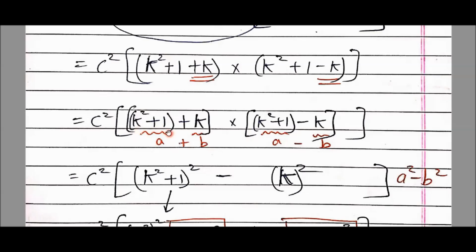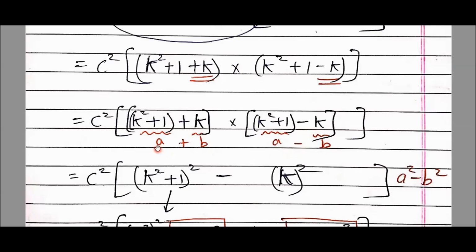Because K square plus 1 is here also, K square plus 1 is here also, I told here as if it's A in my submind. I'm not supposing. In my submind, you can write in exam also, but with a pencil. No need to erase also afterwards. K square plus 1 I'll suppose in my mind as A. And this K in my mind I'll suppose it as B. Or plus K, मैंने समझा. K square plus 1 I supposed in my submind as A and K as B. And minus K I kept minus.